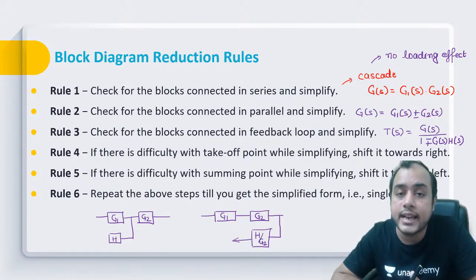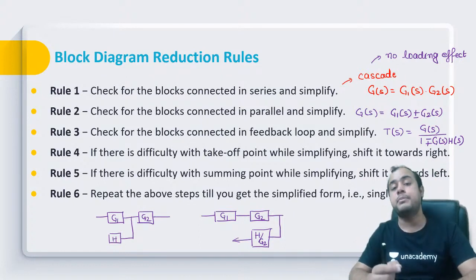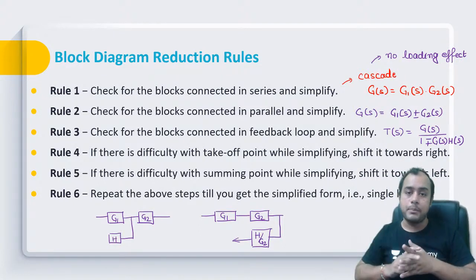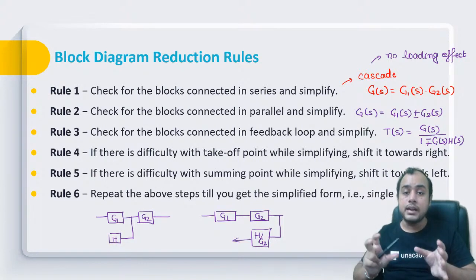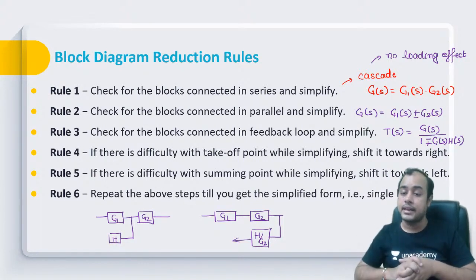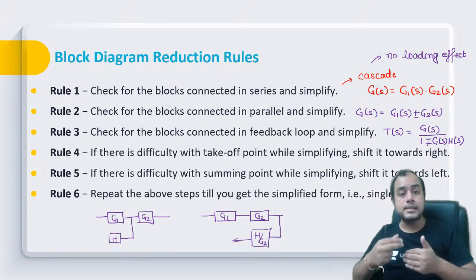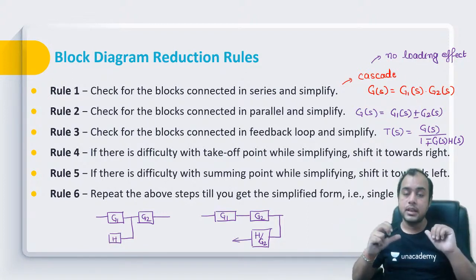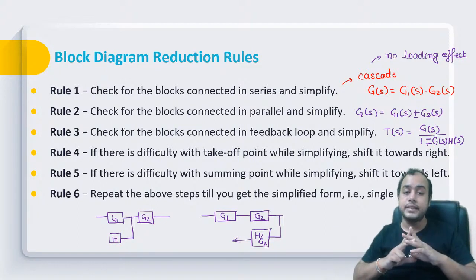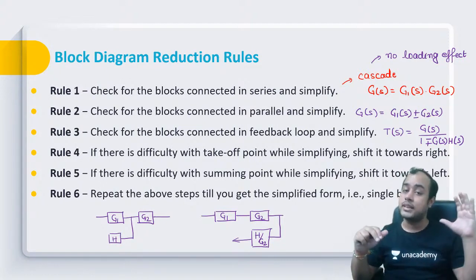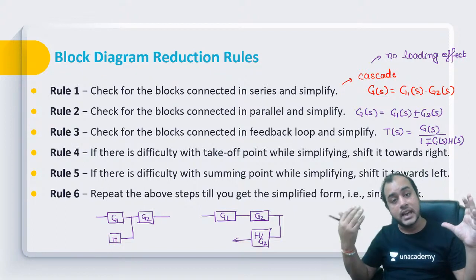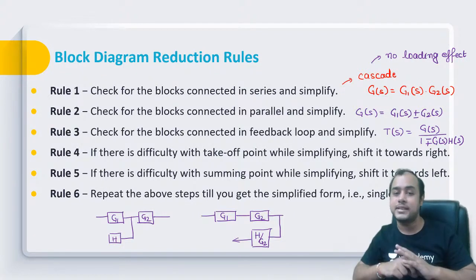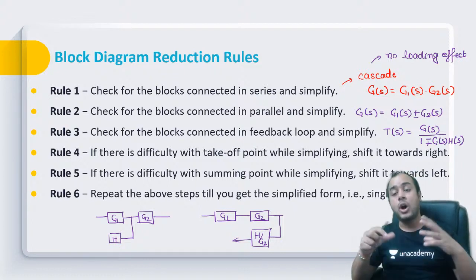And why is block diagram important? So see my friends, actually what happens in any complicated system, there are multiple subsystems that are connected together. When multiple subsystems are connected together, they realize a complete system. And when you have a complete system, you want to know what is the relation between the inputs and the outputs of that complete system. But before doing that, you need to represent a system as a combination of subsystems.